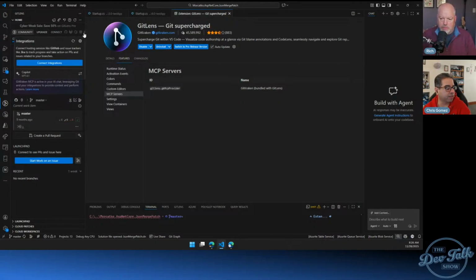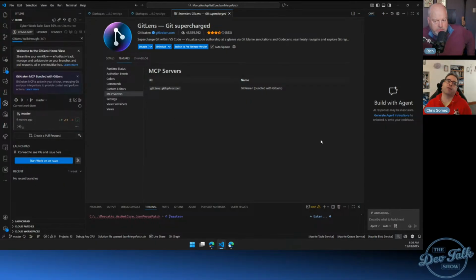The thing about me is the reason why I probably haven't paid as much attention to this is that, while I may occasionally bring it up, because GitLens used to be a separate, I feel like GitKraken acquired GitLens, but maybe I'm wrong about that. GitLens was a very early Visual Studio extension, and while I may use it to see a graph really quickly, I think people who've watched this show know that I will go out to the command line to do my actual Git work. So I'm not as familiar with the extension, but I could see an agent being helpful.